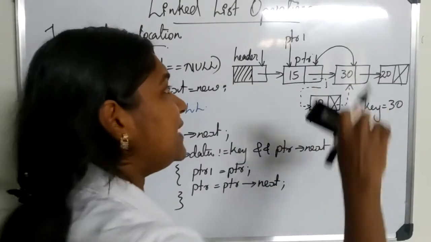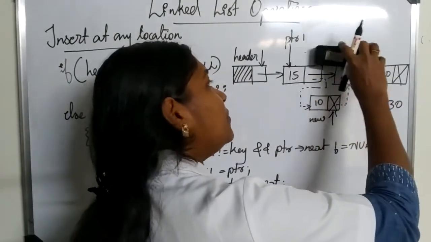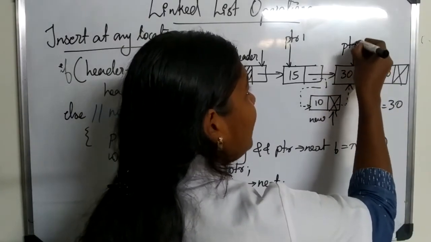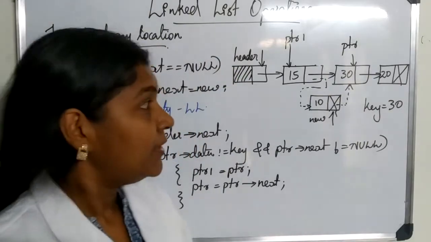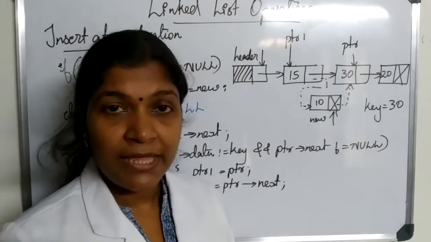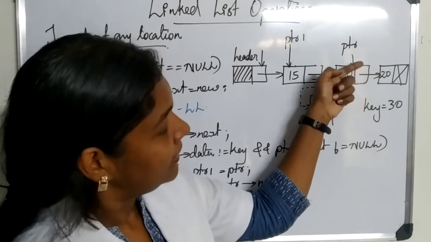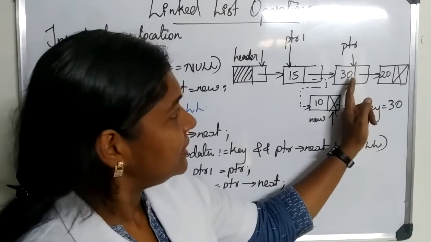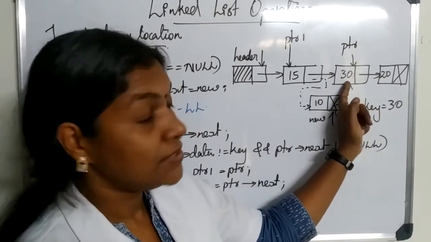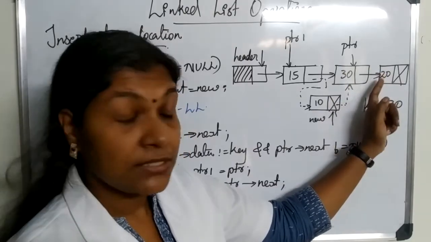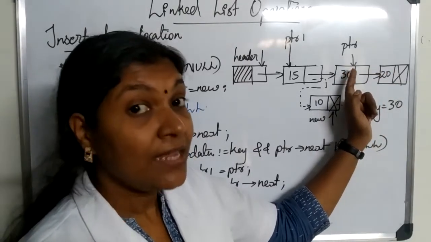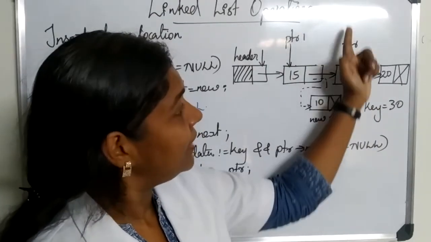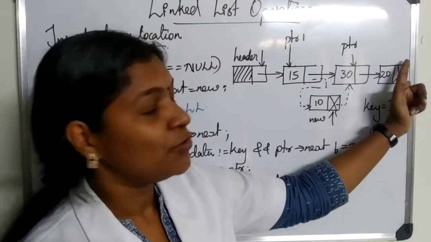Okay, so you just check what happened right now. What we did is, we made another pointer ptr1 follow this ptr. And you just imagine now our key value is 20 just for this case. So in this case again we'll check whether ptr.data is equal to key. No. Whether ptr.next is equal to null. No. Then we'll perform the same step. What? ptr1 is equal to ptr. So ptr1 will repoint here. Then ptr is equal to ptr.next.